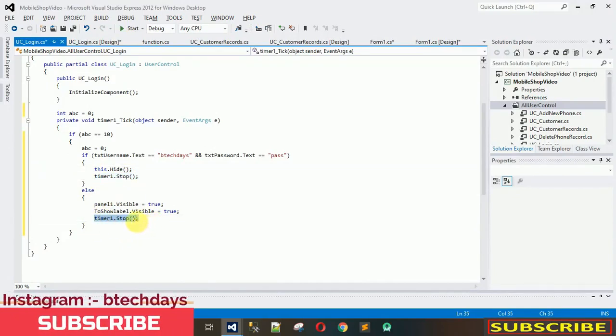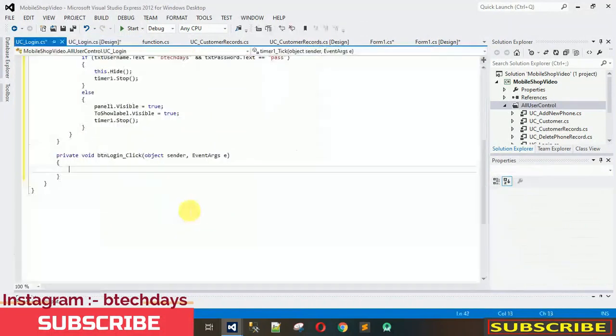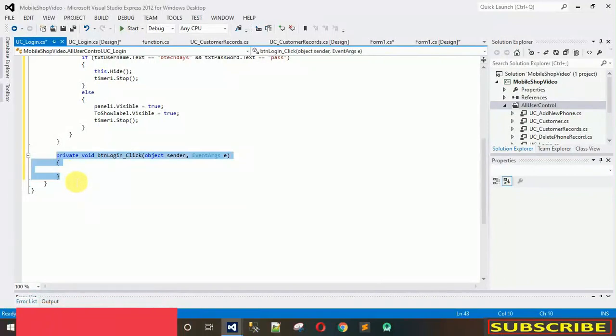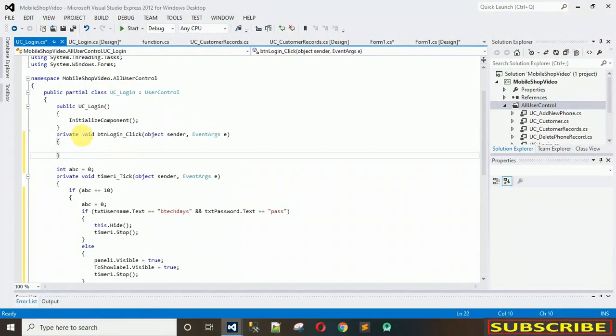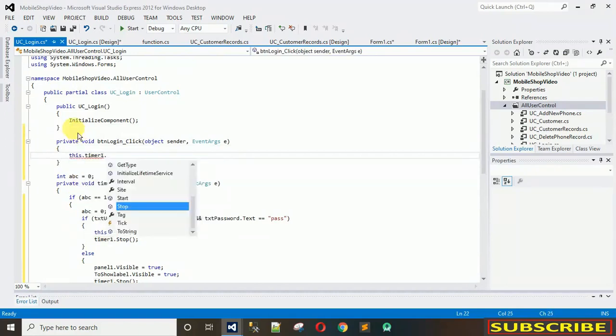We have to start the timer when the button is clicked, this button. So we have to code on this button as well for now. I'm just double clicking on this. This will generate a login click event. Let me cut this from here and put it over this one. And after this, what we have to write is this.timer1, that's the timer name, .Start,